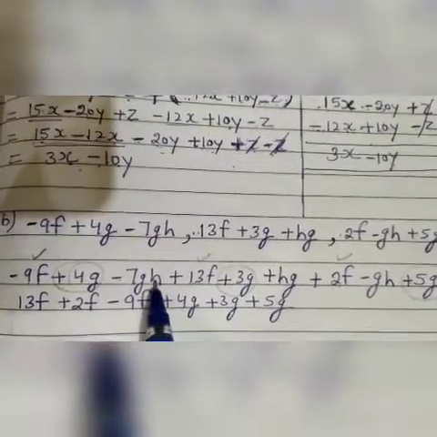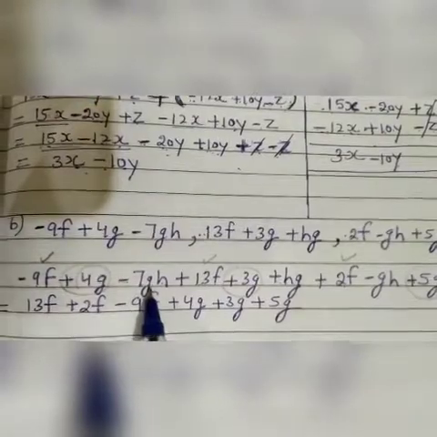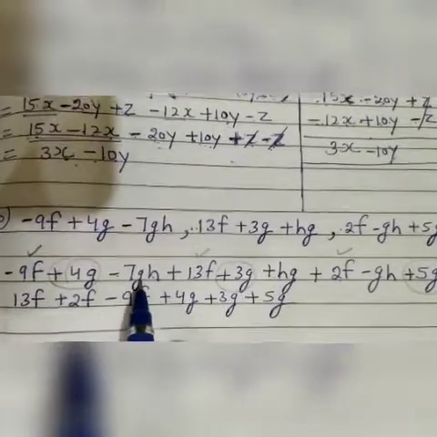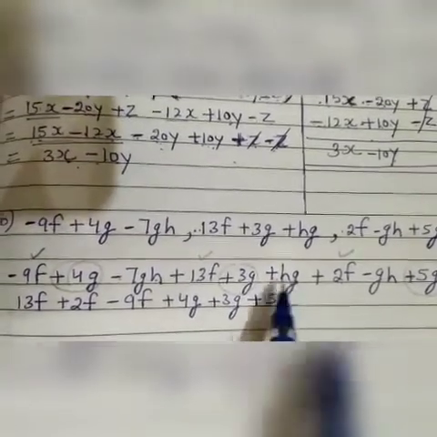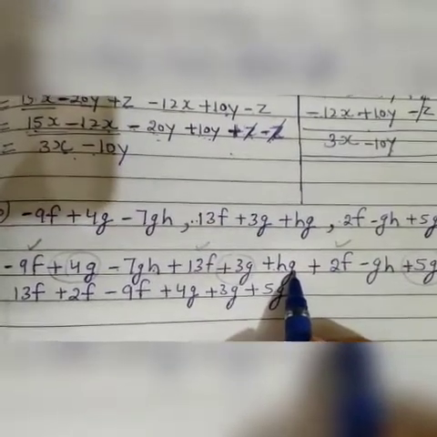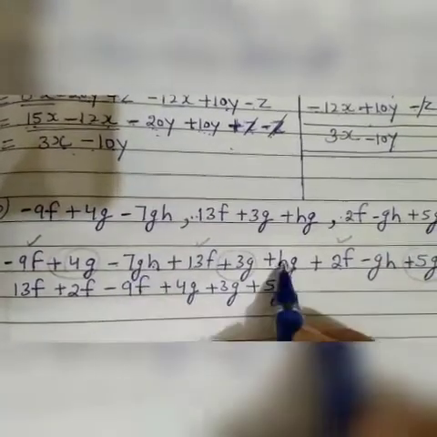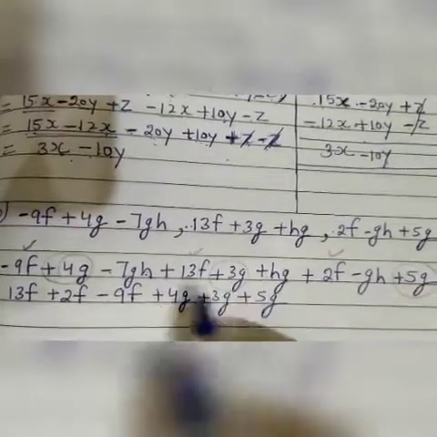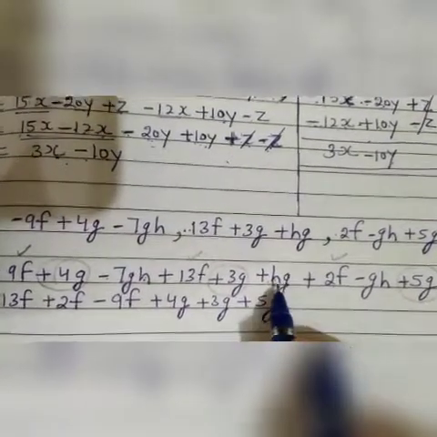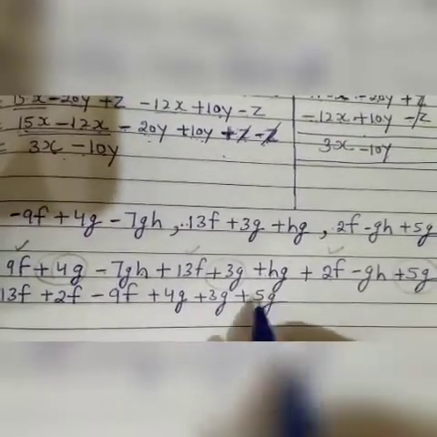This is minus 7gh, this is plus hg. Here students, you are noticing that this is gh and this is hg. Both are the same, both are like terms. If it is gh and it is hg, there is no difference between these two. Their literal factors gh and hg are the same. Their powers are also the same. This is g power 1 h power 1. This is also h power 1 g power 1. If their order is changed, it doesn't matter. Their literal factors should be the same.